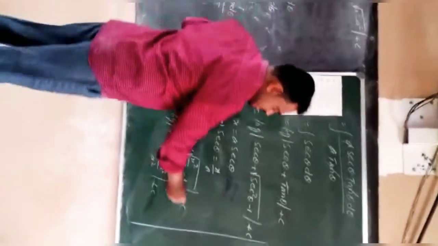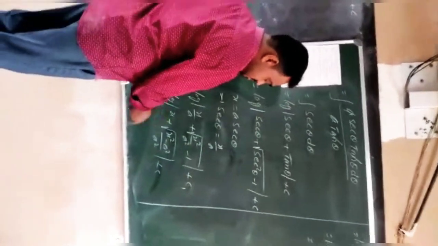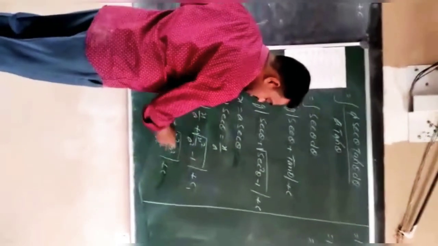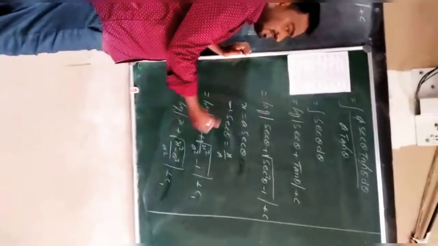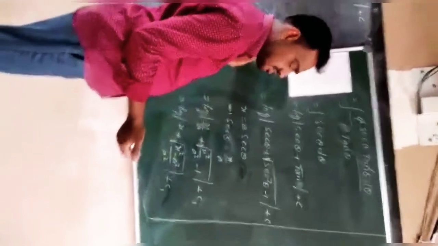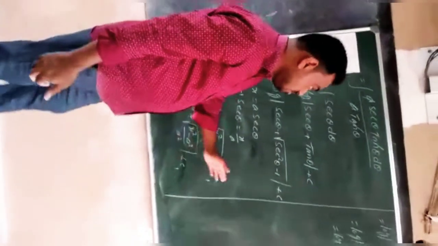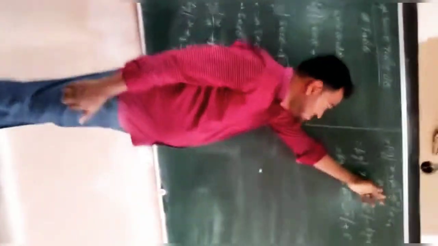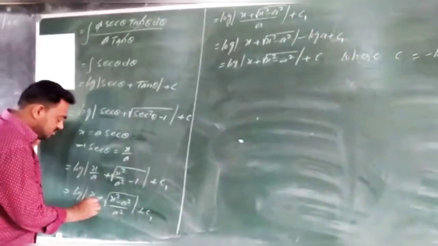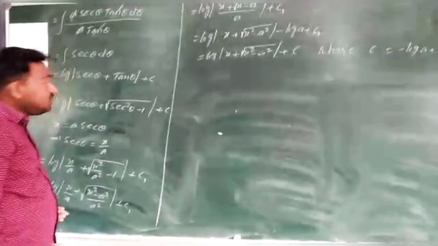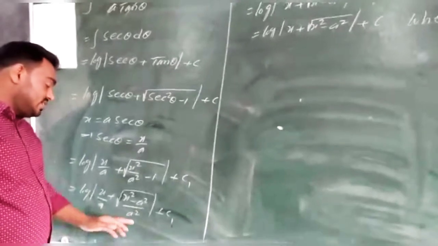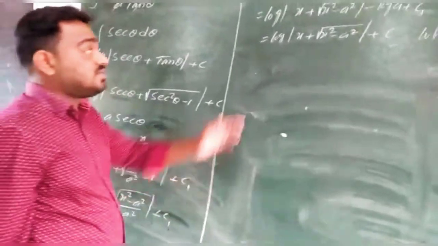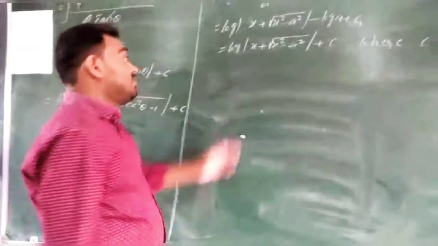So this is equal to a constant, I am assuming c1. So x plus the square root of x square minus a square, with a square as the LCM, plus the integral constant. Here I am assuming c1 as the constant. c is the constant, c1 is the constant. So this is equal to log mod of x plus the square root of x square minus a square, as I have written. Here the square root of a square is equal to a. Applying the square root, we are getting a, so that a is the LCM. What is the numerator now? x plus under root of x square minus a square.